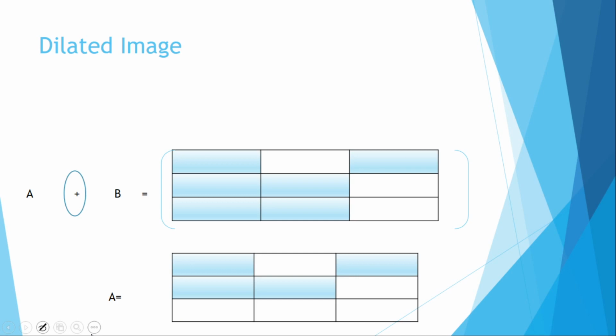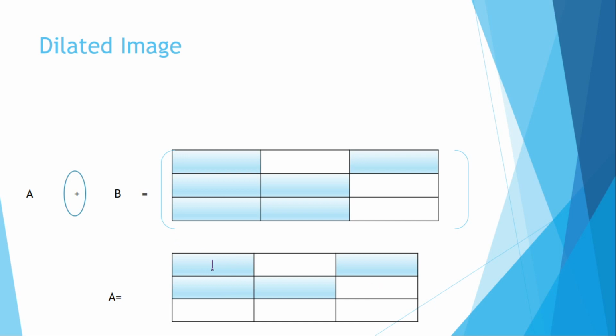So in order to observe whether the size has increased or not, for that purpose we have to consider the matrix A dilated by B in terms of a grid format. So we got the values 1 0 1 1 1 0 1 1 0, right? So fully filled indicates 1, not filled is 0. So this is the grid format of A dilated B, and we already have the image of A. So this is the image of A.